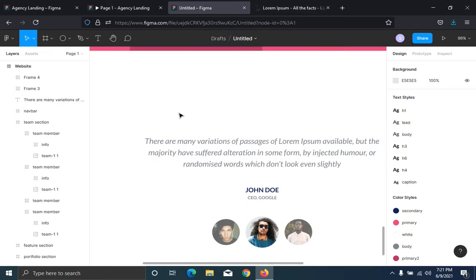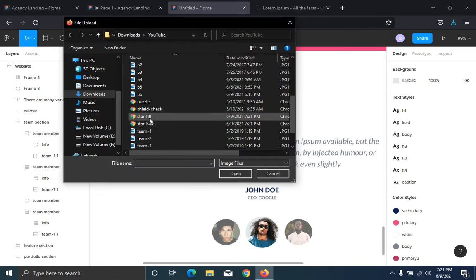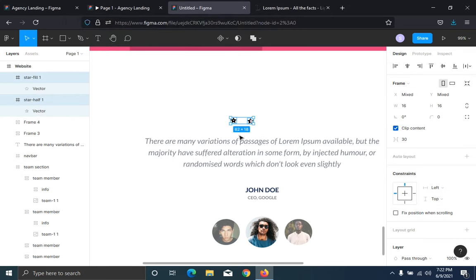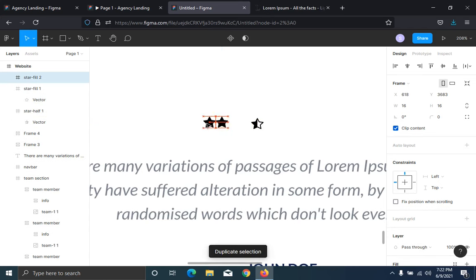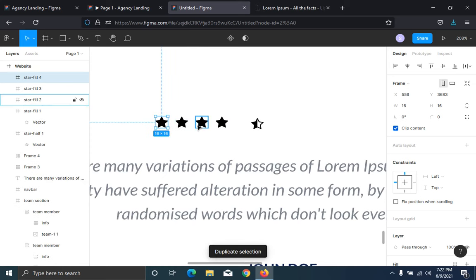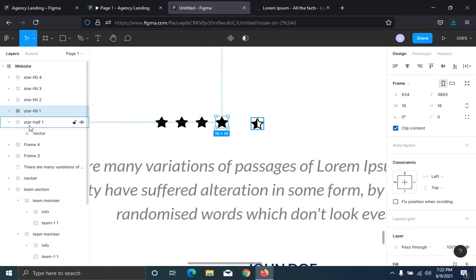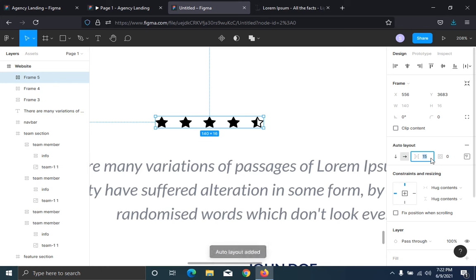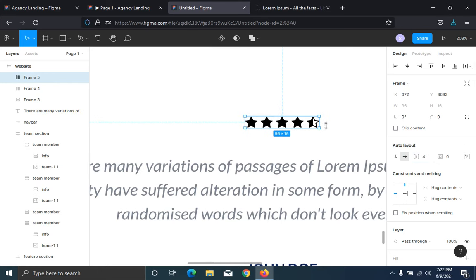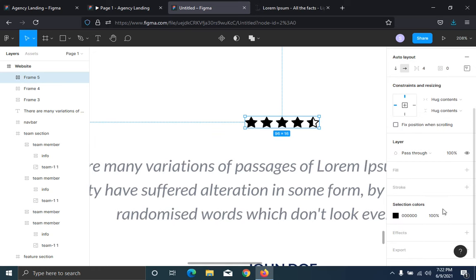So what I'm gonna do, I'm gonna open a file and select star fill and this one. I'm gonna duplicate this one again and again. I'm gonna select all these and make it auto layout. The space is going to be 4. Make it to the center, and the color is going to be the primary. Okay,